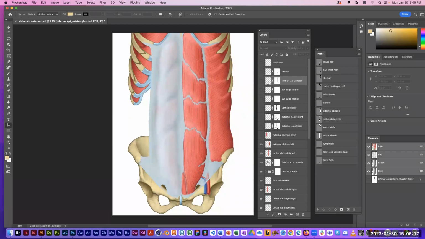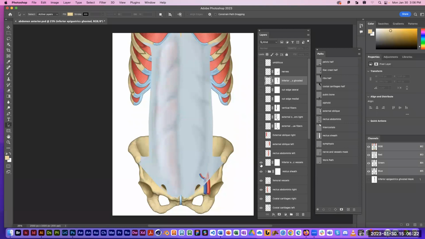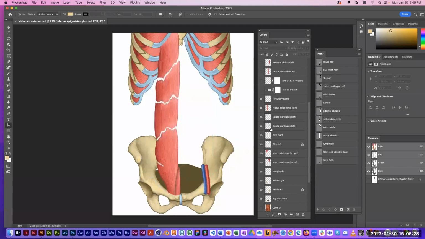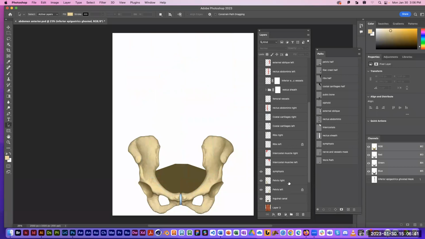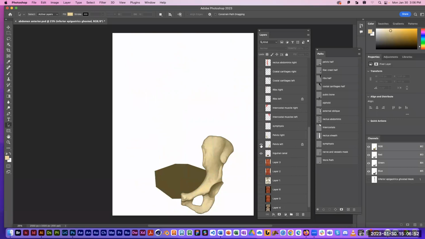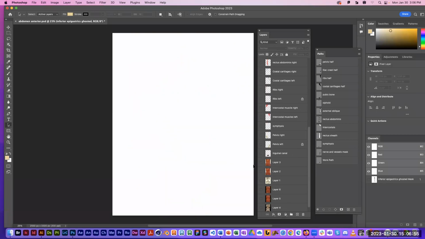We've got one of the external oblique muscles. We got the other external oblique muscle, rectus abdominis. There's the whole rectus sheath, femoral vessels. There's the other rectus abdominis, costal cartilages on left and right, ribs, intercostal muscles. So now we're down to just the pelvis down here. Pubic symphysis is a separate layer, right and left halves of the pelvis,